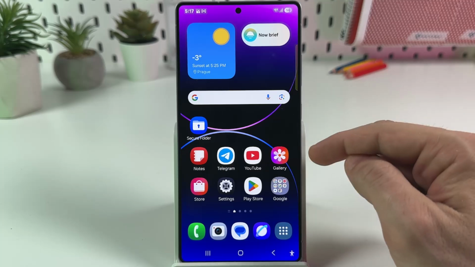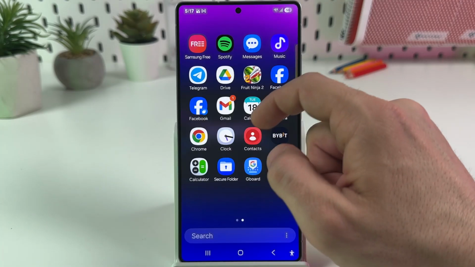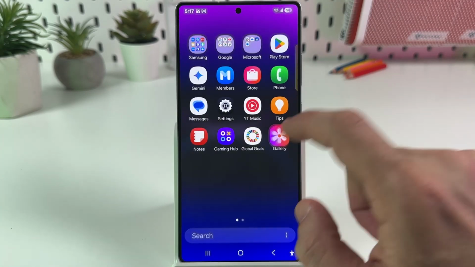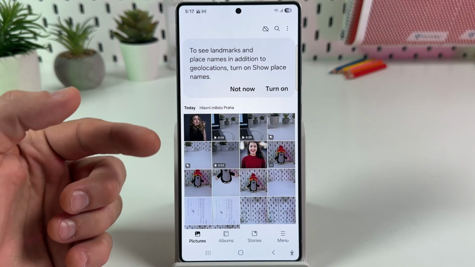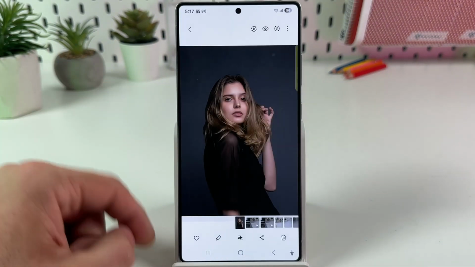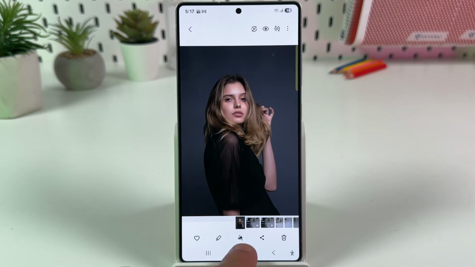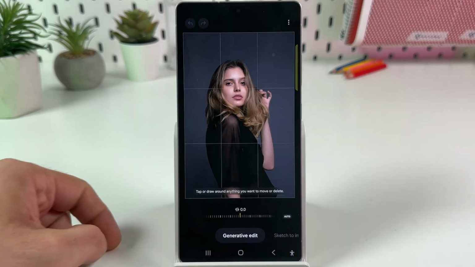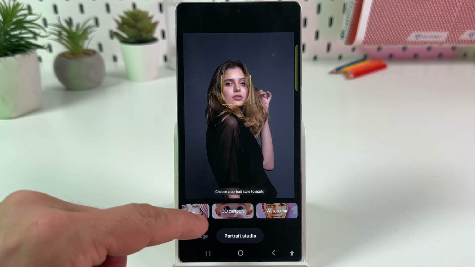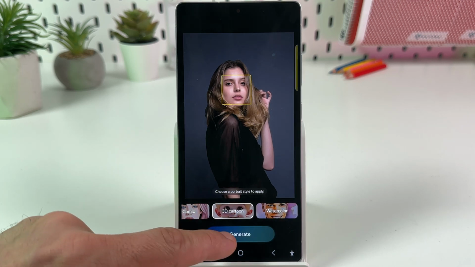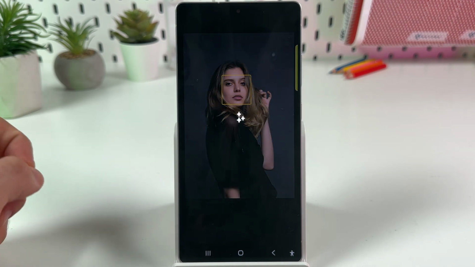Next, open the gallery application either from home screen or from the apps screen. And select somebody's portrait because this feature works only with people portraits. Now tap on the AI icon at the bottom panel and swipe left until you see Portrait Studio. Now tap on 3D Cartoon, tap on Generate, wait for a while,